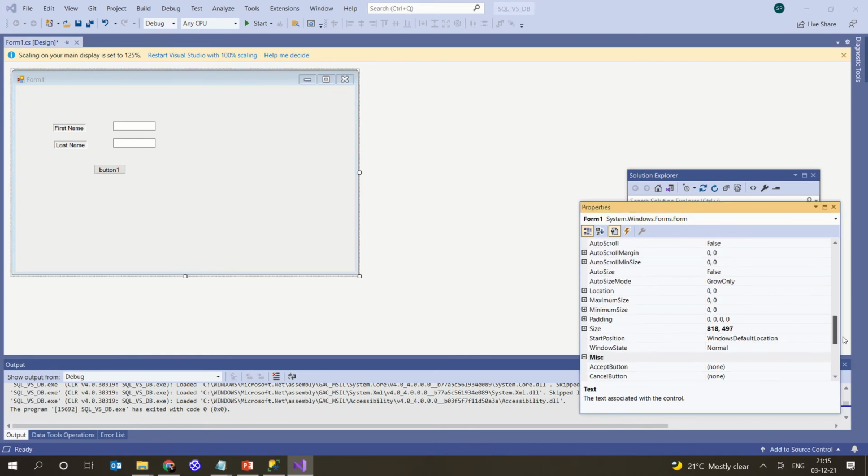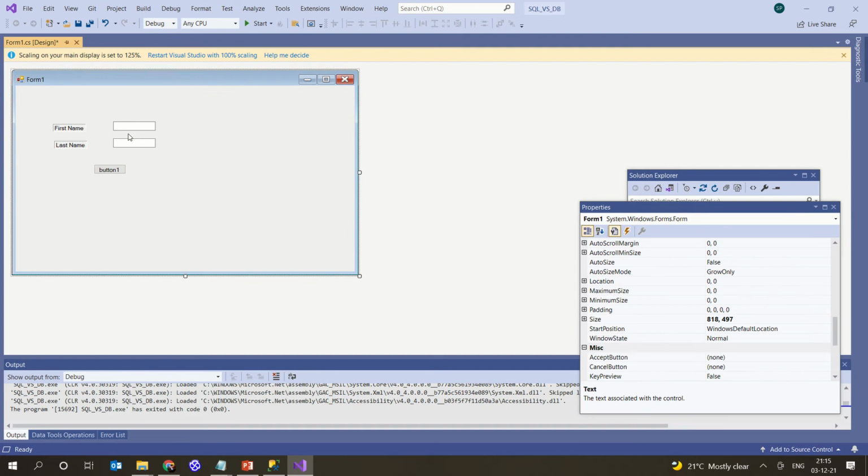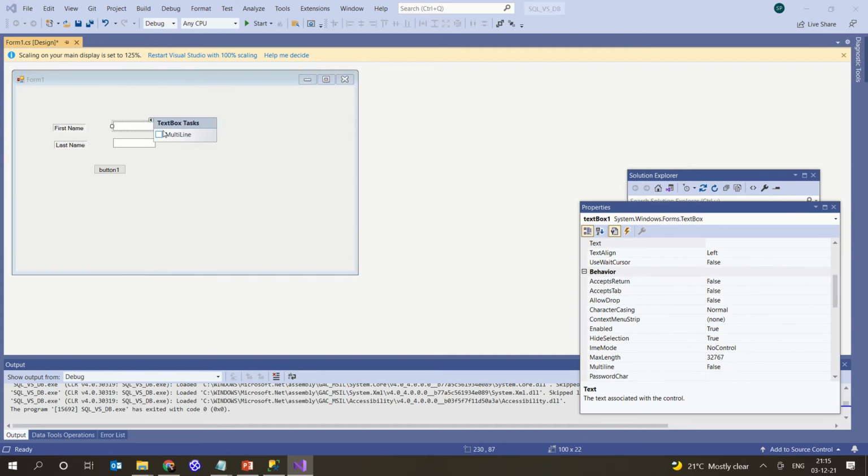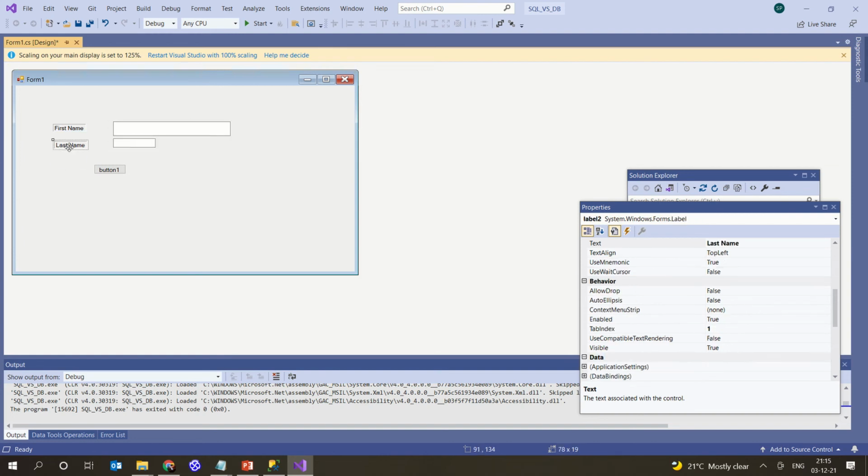Okay, so now the last name and the first name, if you want to change the size of it, you can just scroll down and change the size here, but I'm not going into all those. Okay, and this is the first name. So if you want to change it to multi-line, it is possible. You could change it here so that you could change the size of the text boxes. So if you want to change the size of the text box, you could do that if you are making it multi-line. So you could just arrange your buttons and everything and make it look more beautiful.